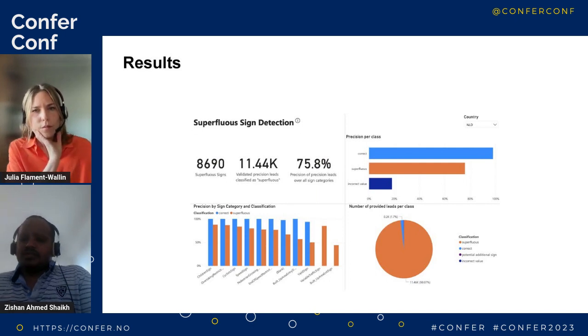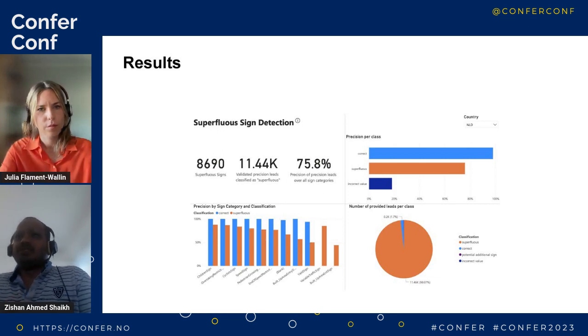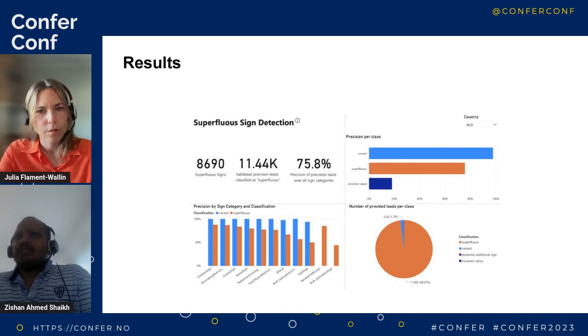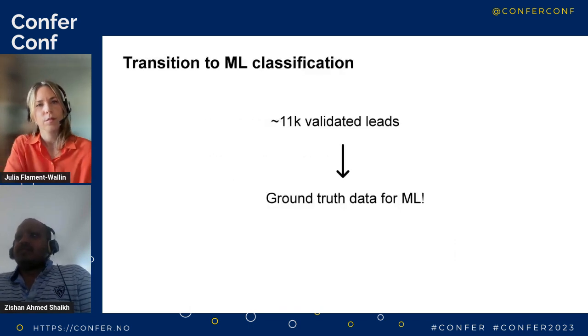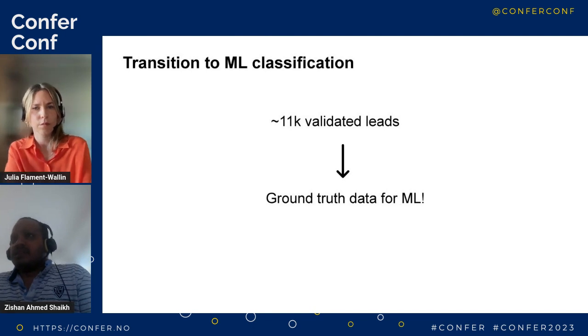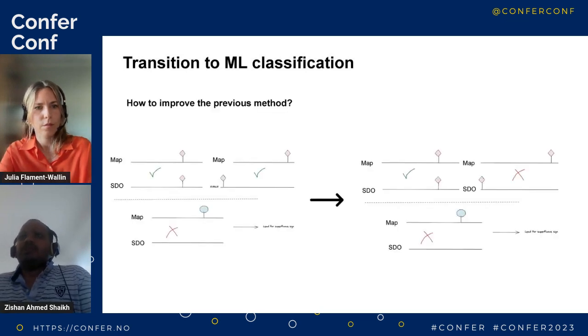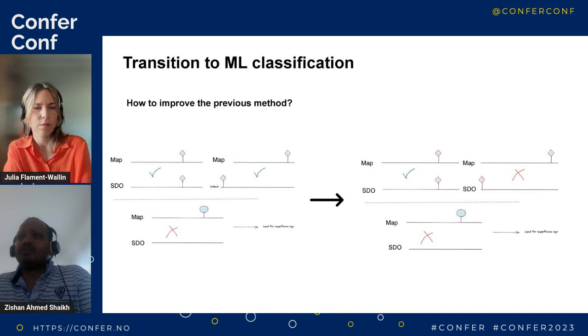So we use this method, being aware of the drawback we had, and nevertheless it produced good results. We achieved a precision of around 75% for the Netherlands, and the metrics here are on the slides. What was next? The next slide, please. You can see that we validated 11,000 leads. And the good thing about having validated leads is we can use this as ground truth for a machine learning problem. And that was a cue to think of ideas to improve the undesired behavior from the previous approach, which we mentioned before,